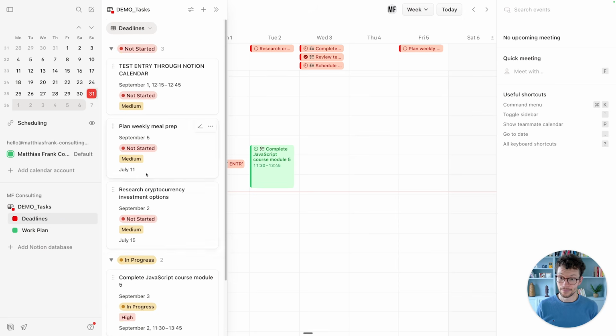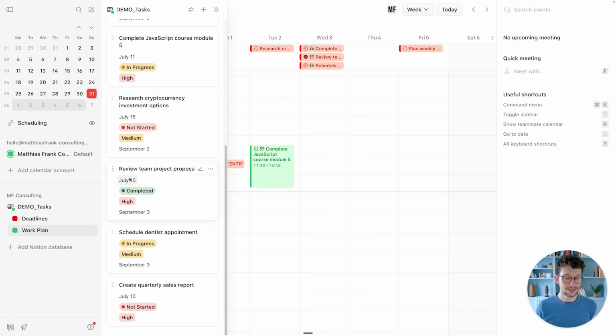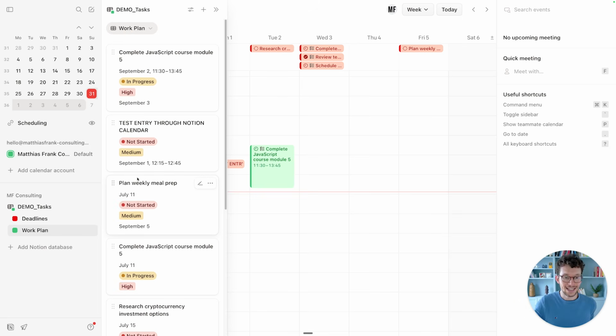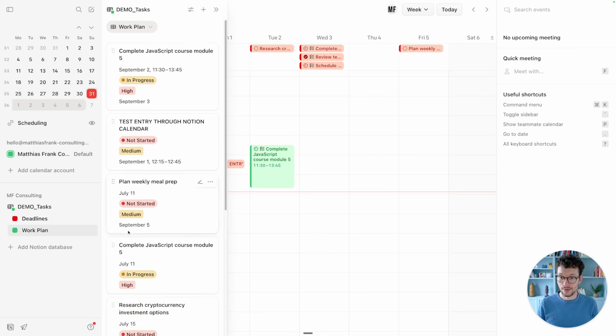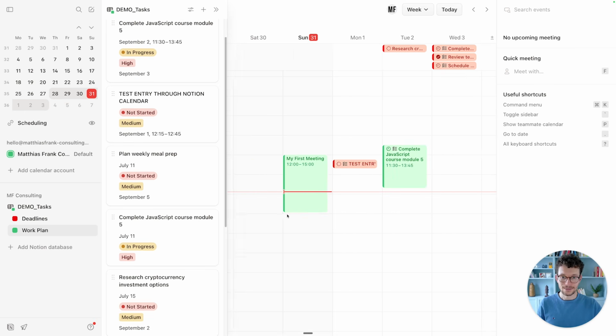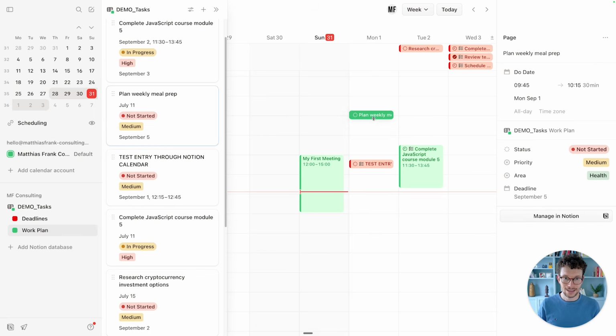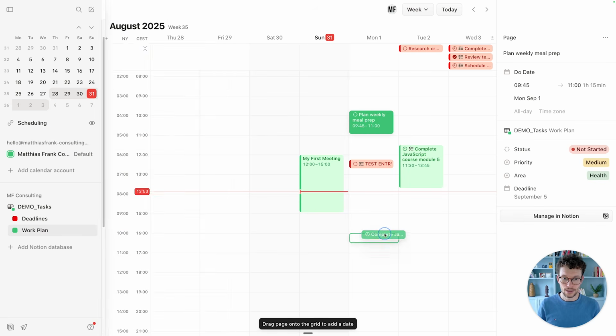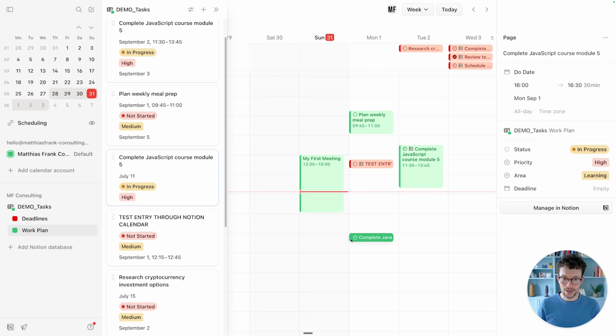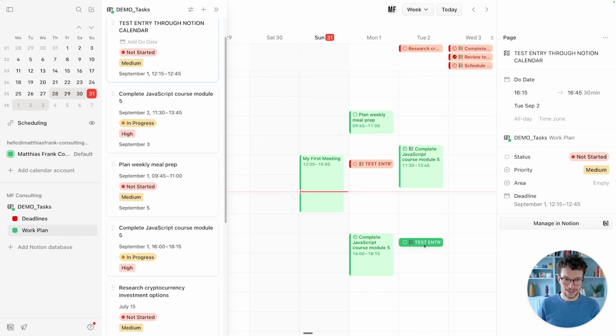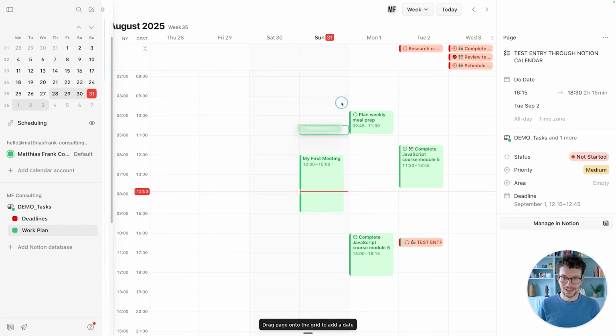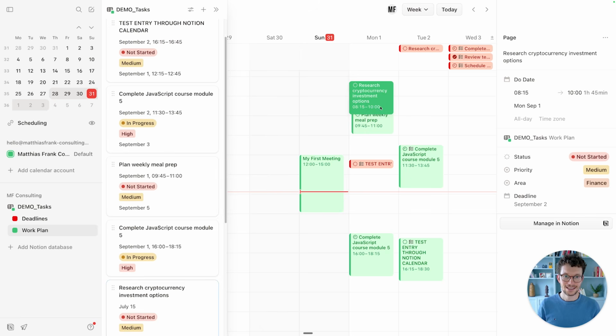If I click on deadlines, I only see things with a deadline. And if I click on work plan, I see everything, regardless of whether it has a deadline or not, because that is the way we have to set up those views in Notion. And that means now I can take whatever I want from my work plan and see when I plan this. So I can start dragging them in my calendar, and through this time block my week to indicate, okay, when do things actually happen? When are my test entries? When do I plan on working on them? And then at the same time, see the